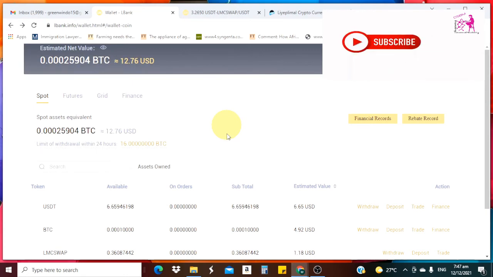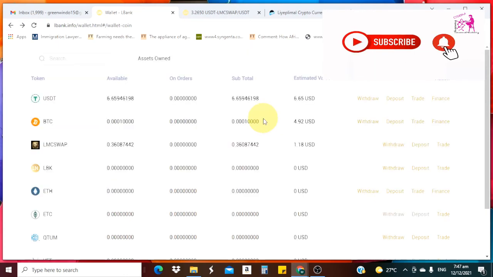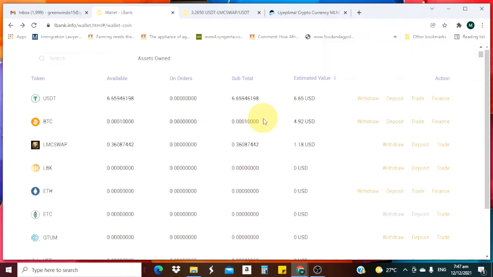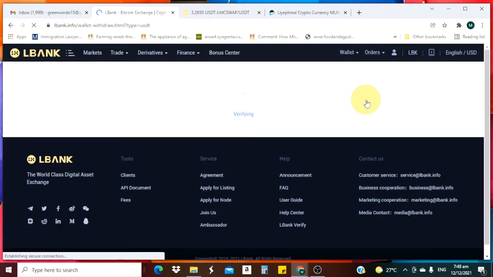Once you have your USDT and want to send it to another platform like Binance, whatever, to have it in BTC or whatever, you just press withdraw here. Once you press withdraw, you choose the network.